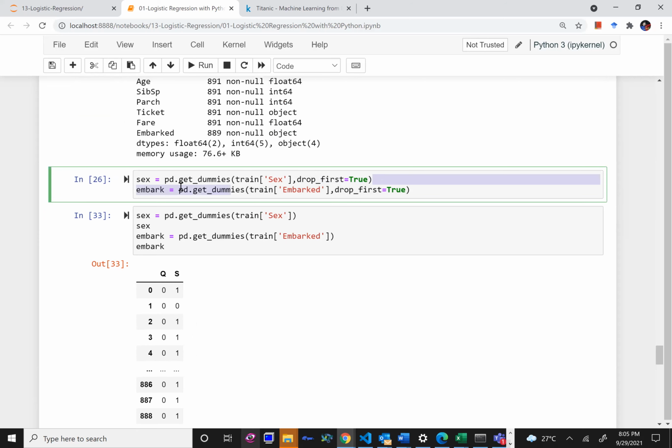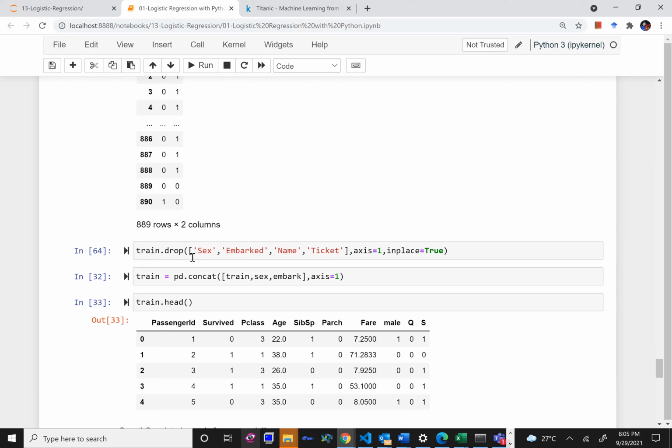This is how we impute, and in just one line I have changed this column, and I have changed this column, right? Now since I have created a new column for gender and a new column for embarked, I do not need the name column, because the name of the person has nothing to do with whether he will survive or not. This column will play no role in determining the survival of the passenger. Similarly, the ticket number will not play any role. So I'll drop all these columns in place. I'll run this. Now they are dropped.